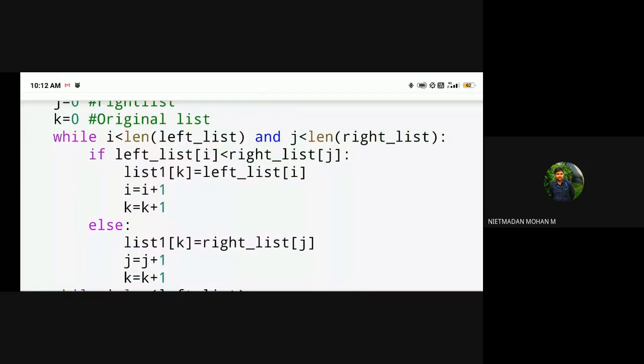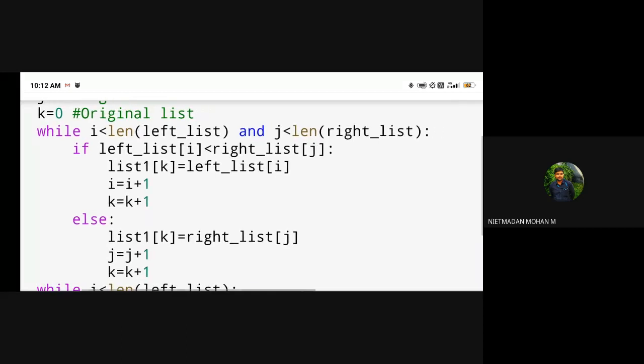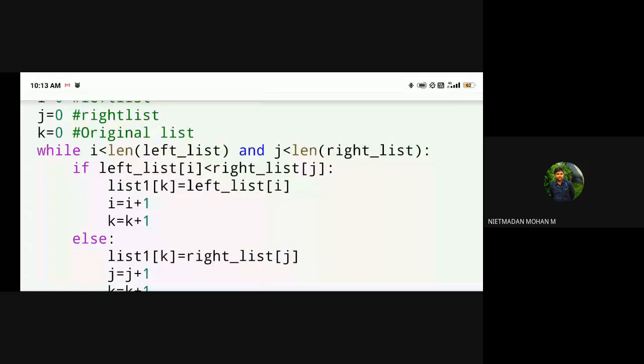While i is less than len of left list and j is less than len of right list, if left list of i is less than right list of j, then we take the original list at k.